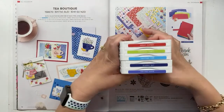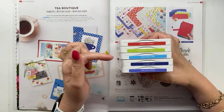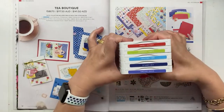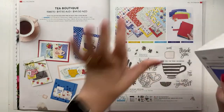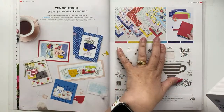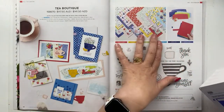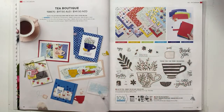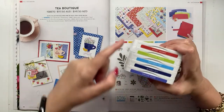Our five In Colours. So we have Sweet Sorbet, Parakeet Party, Tahitian Tide, Starry Sky, and Orchid Oasis. Now, these are in the Tea Boutique colours, Tea Boutique paper. I have shown the Tea Boutique paper in my catalogue, in my unboxing, and as I said, it features our